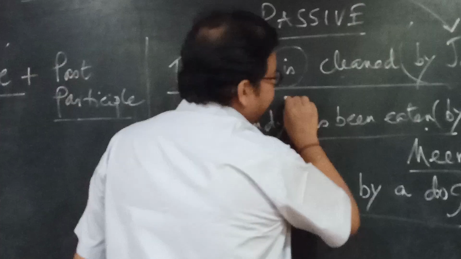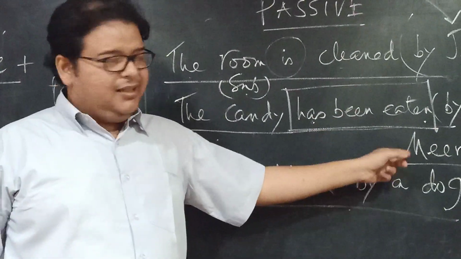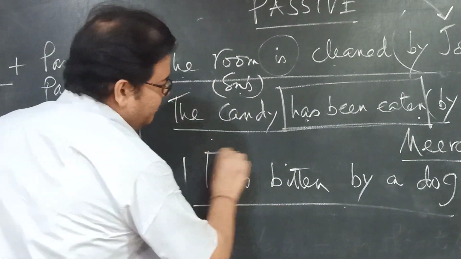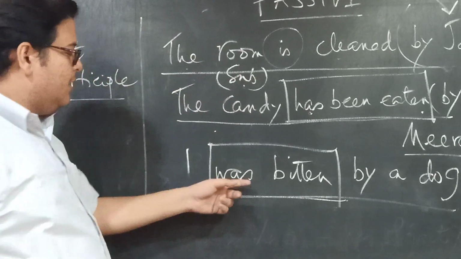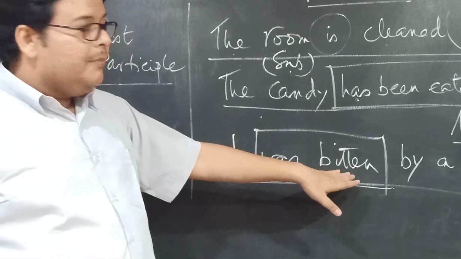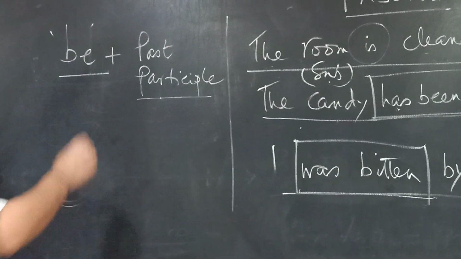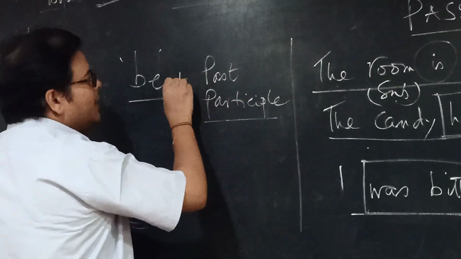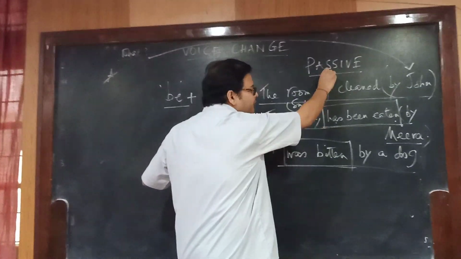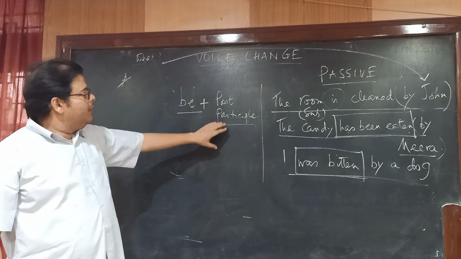Has been eaten: has been is the be verb, eaten, from eat, ate, eaten, the past participle form. Was been bitten: the be verb in past tense plus bite, bit, bitten, the past participle form of bite. So, in all these sentences, you have be verb plus past participle form of the main verb. In order to write sentences in passive voice, you need this be verb plus the past participle form